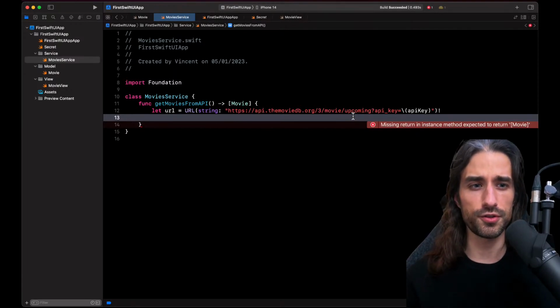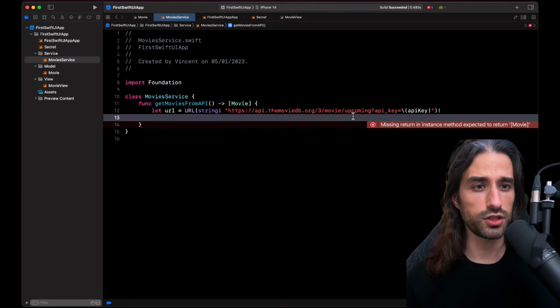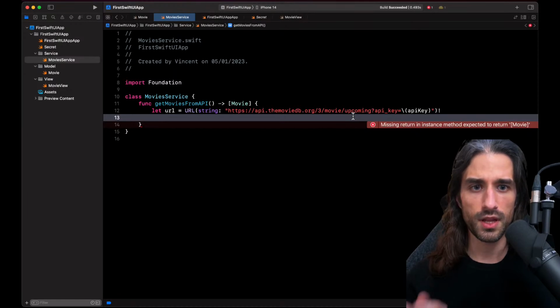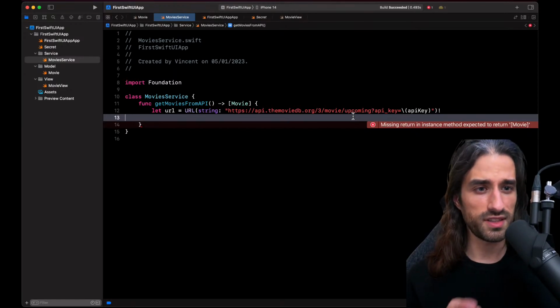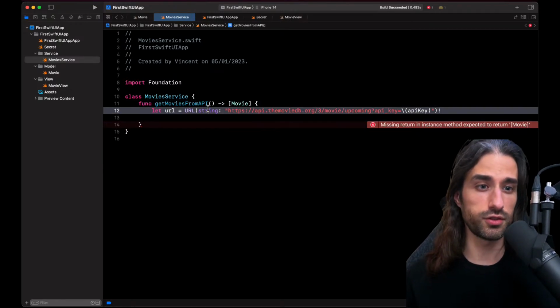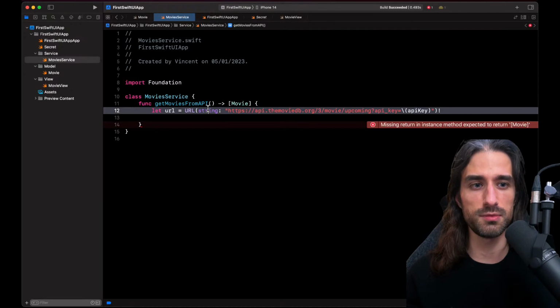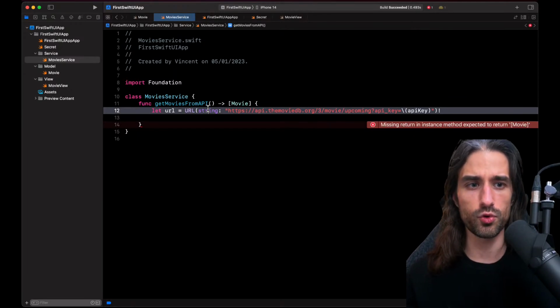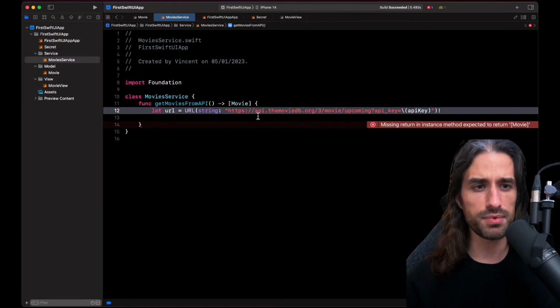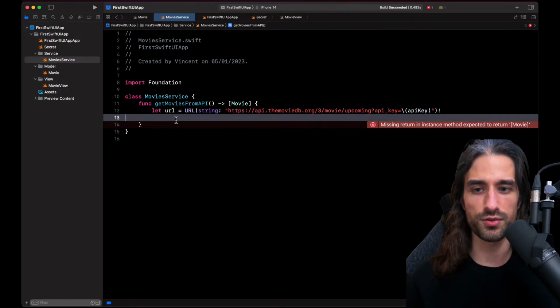Maybe instead of a force unwrap, I would rather have a test that would try to instantiate the URL or call the method getMovies to make sure that this doesn't crash, because when you have an app with a lot of screens, it's very easy to introduce a mistake in one of the screens and then not test it, because maybe it's a screen that is a bit hard to reach inside the app. But at least for a first version, this seems perfectly reasonable.